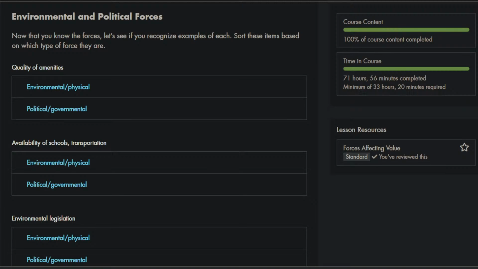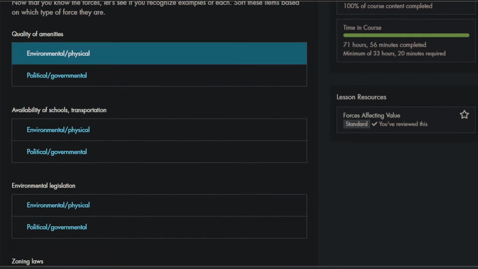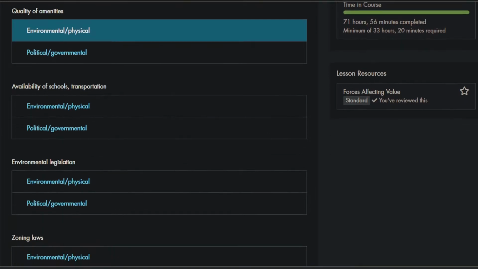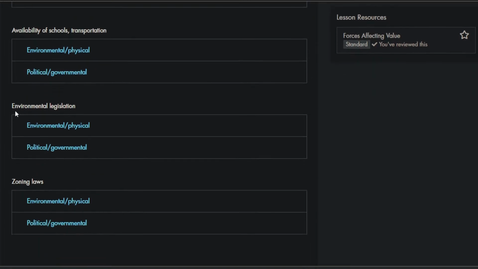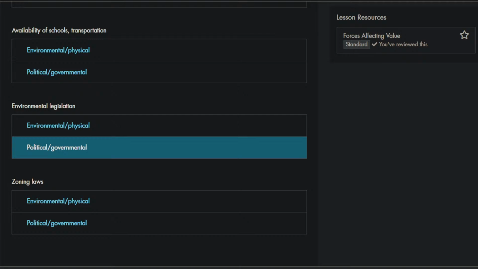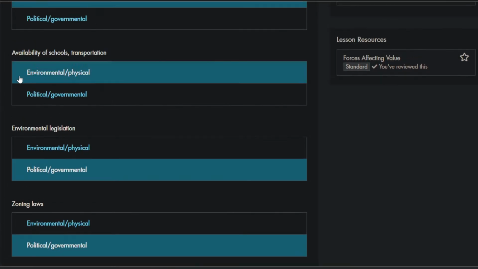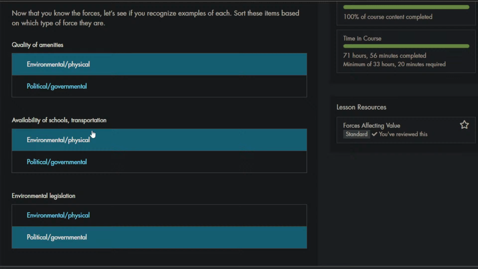Now that you know the forces, let's see if you recognize examples of each. Sort these items based on which type of force they are. Quality of amenities. Are they environmental or physical, or political, governmental? We're going to say they're environmental, physical. Ability of schools and transportation. Environmental legislation, definitely governmental. So we're going to say environmental and physical on this. Schools and transportation, although that's